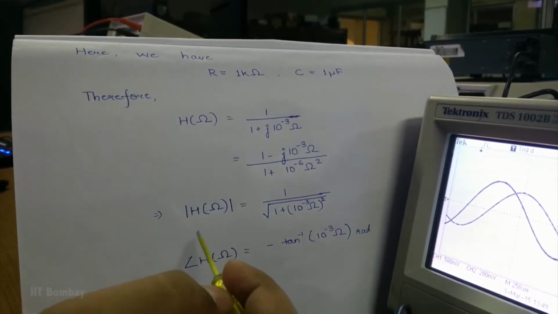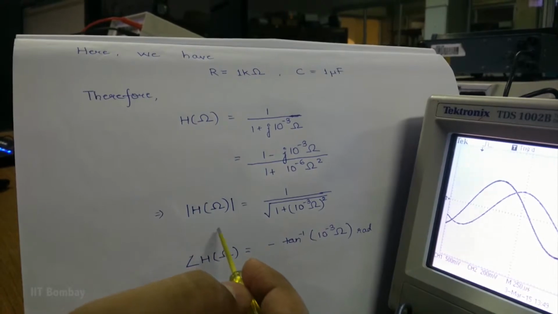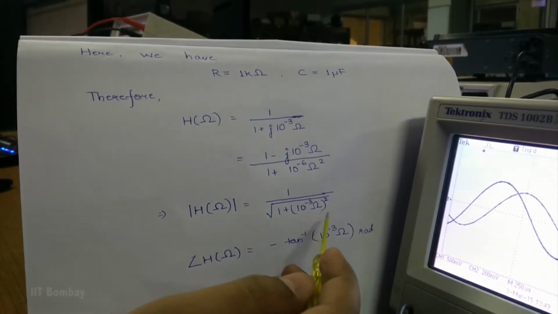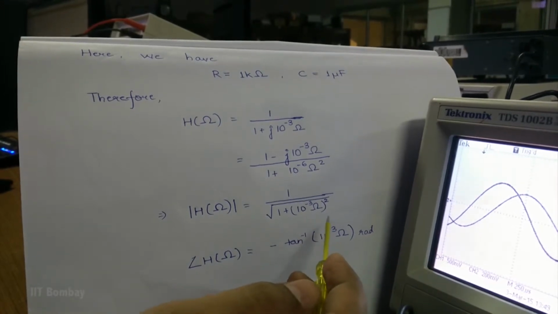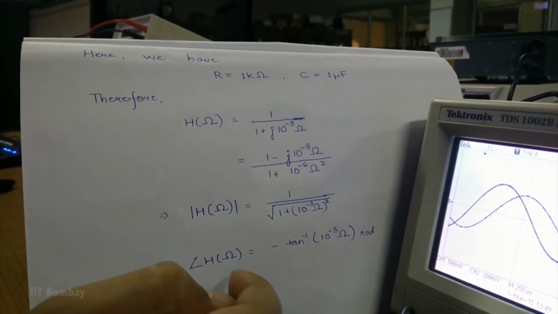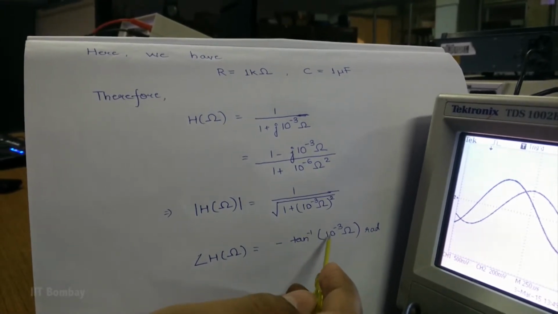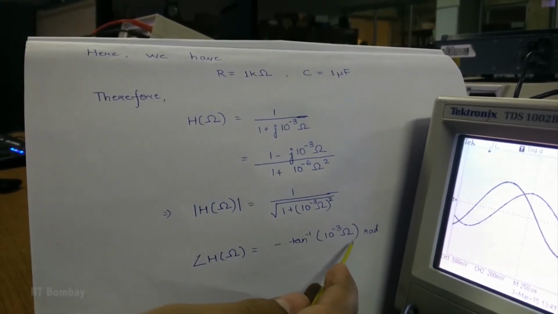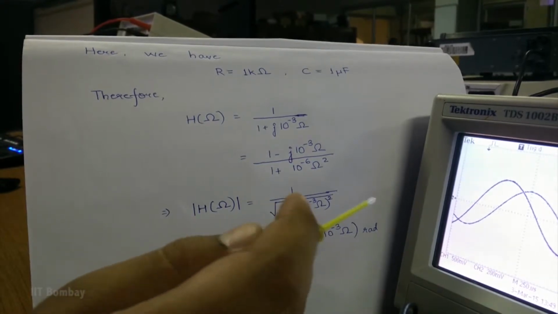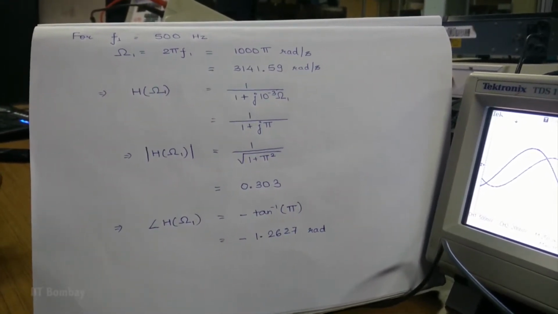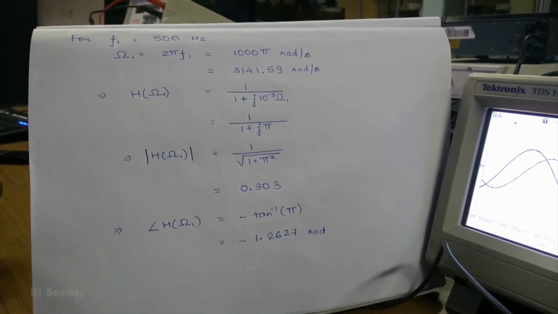And the modulus of H of omega can be written as 1 upon under root 1 plus (10 to the power minus 3 omega) whole square. And the argument of H of omega can be written as minus tan inverse 10 to the power minus 3 omega radians. First, we are going to assign a sinusoid of frequency 500 Hz as an input to the RC